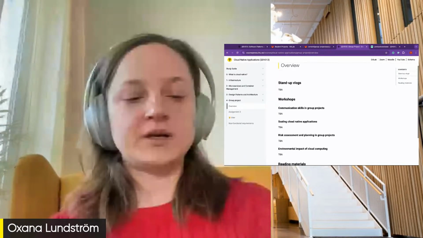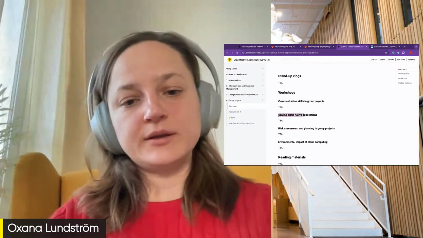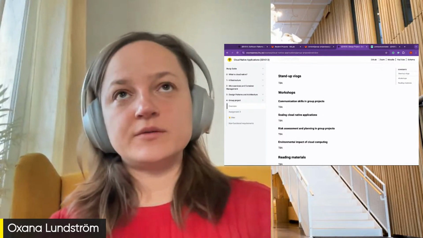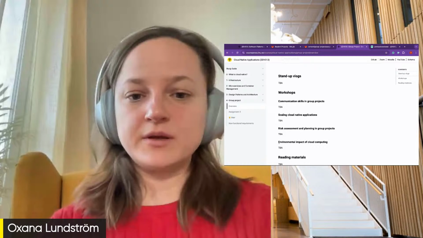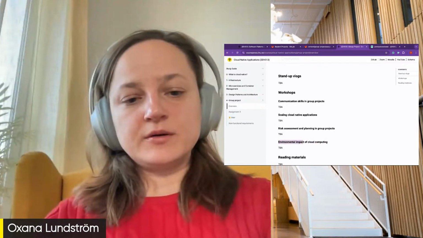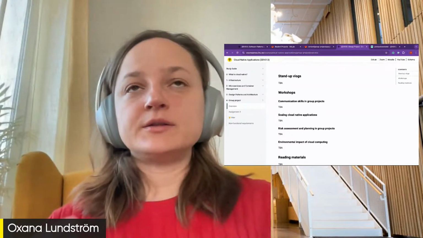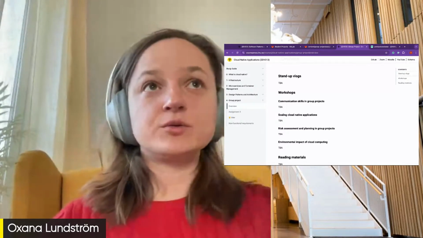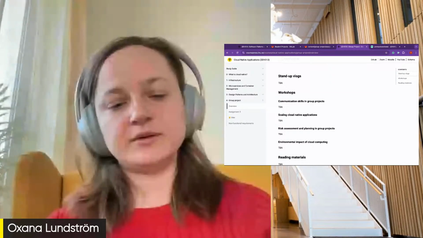And I think that would be the case for all the other workshops as well, maybe except the scaling. For scaling cloud native applications, I will first make a video with the theoretical material that you will need for assignment 3, the group project, and potentially for this one, but we'll see how much time we'll have. This is the first time that we give these workshops in the course, so I really encourage you to be there in person or online when they are given.